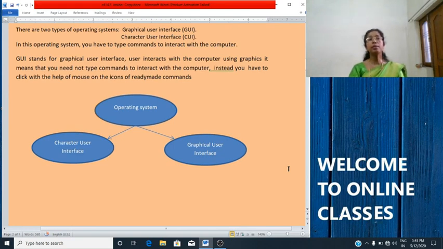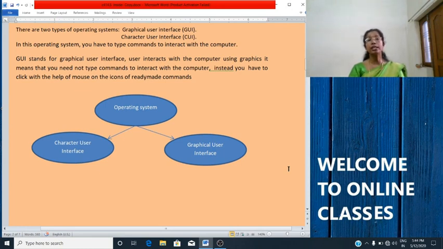You have to type the commands in command prompt. There are no images or graphics on the screen. Examples of CUI operating systems are DOS and Bash Shell. Okay?